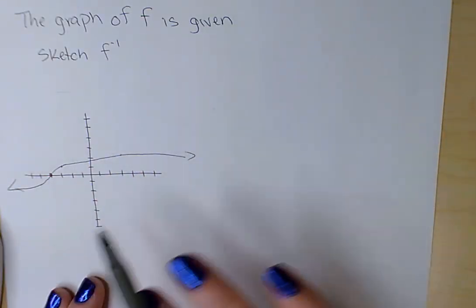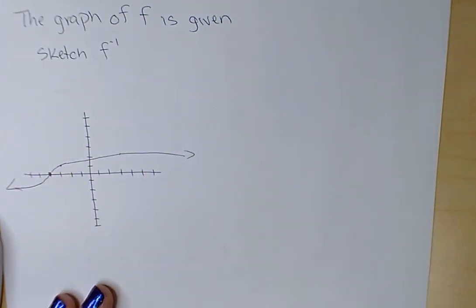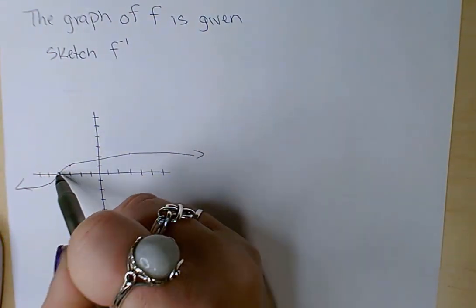an inverse is find points on this graph. So take a look at this, find distinct points. Sometimes the points will be given. Sometimes you need to look at the graph and you need to pick out your own points. So when I took a look at this graph here, the points that I noticed first, well, this one